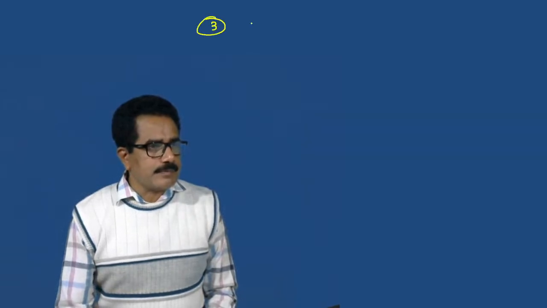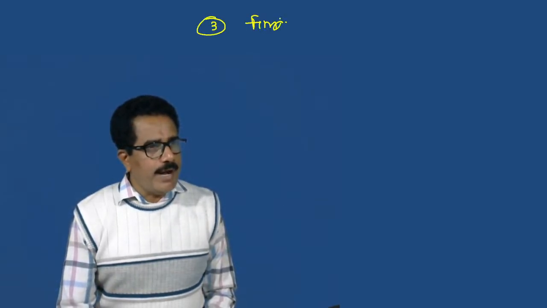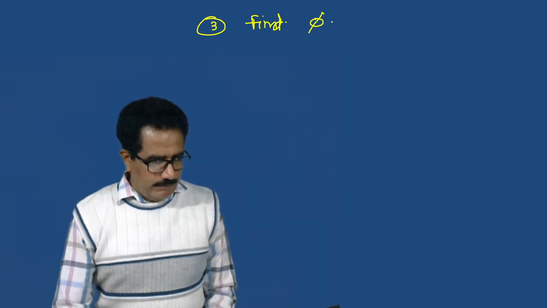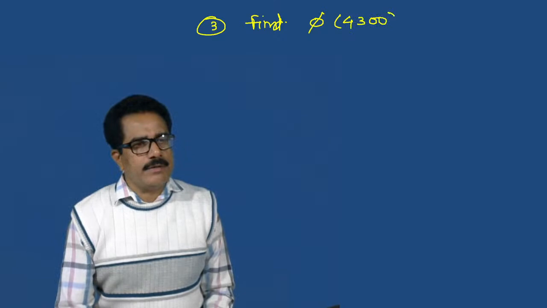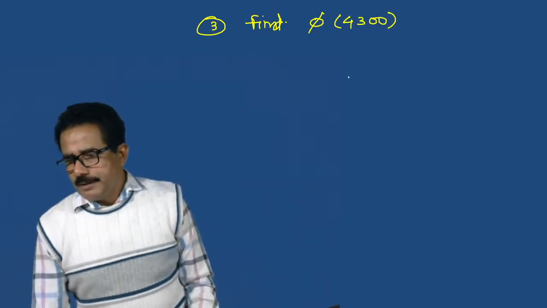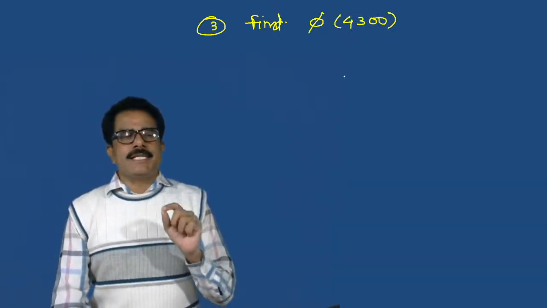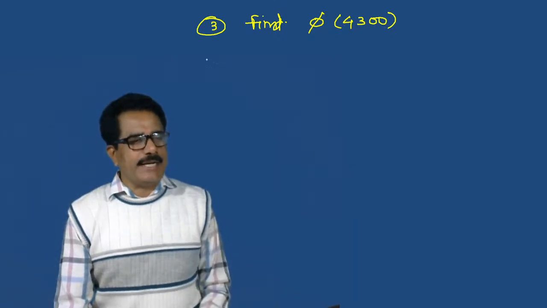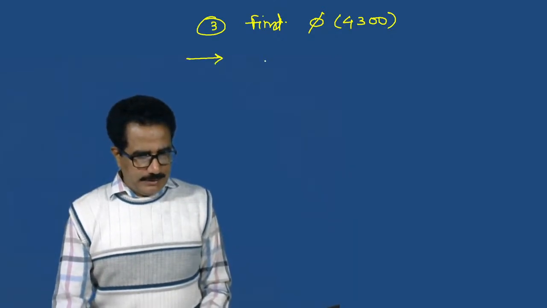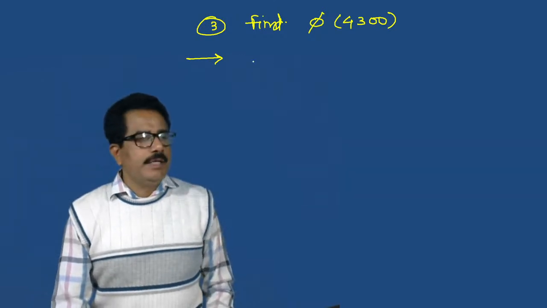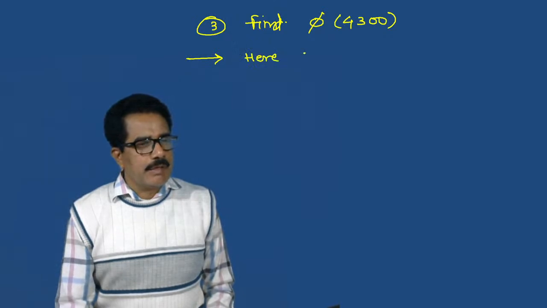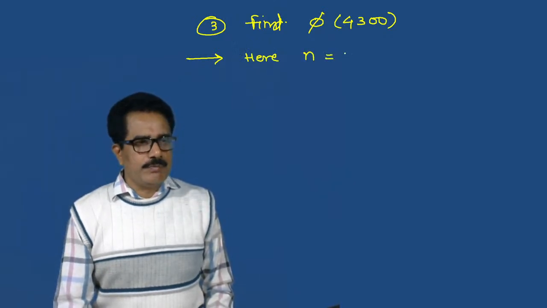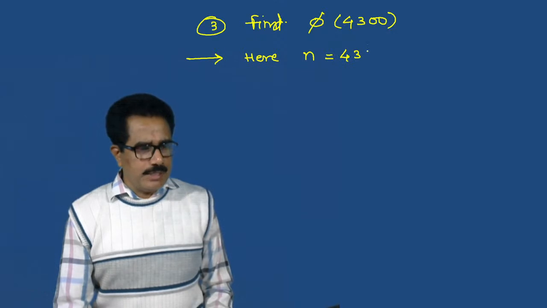Similarly we can find third problem, find phi of 4300। ओके, हाँ समजलं का प्रोसेस कशी आहे। phi of जर लार्ज टर्म असतील तर डायरेक्ट फॉर्म्युला वापरा। See this, now here n is equals to 4300।